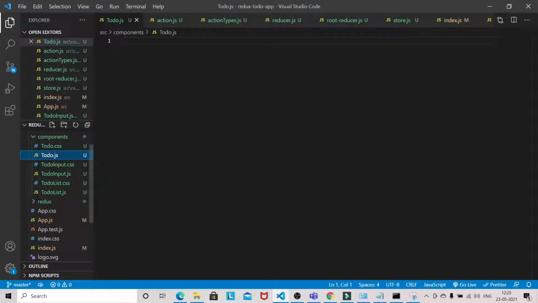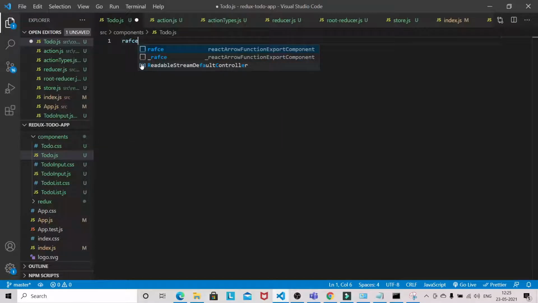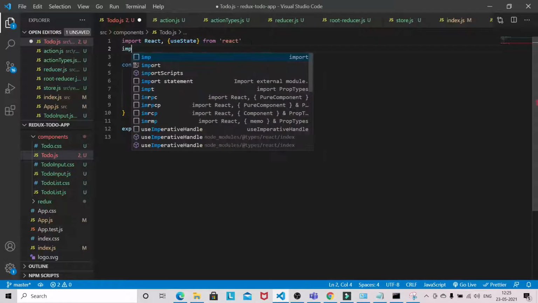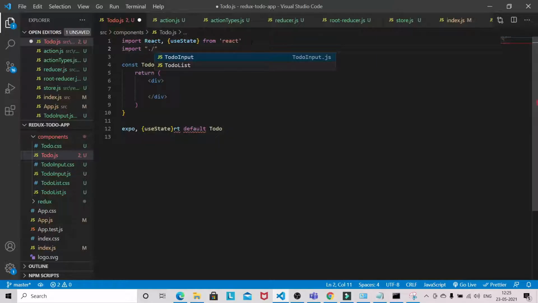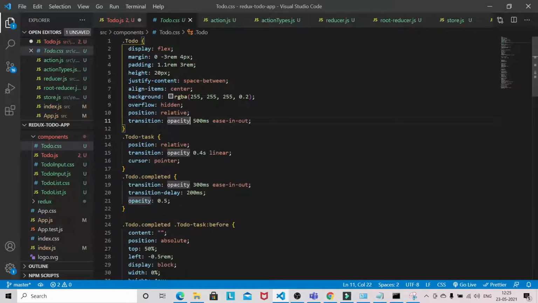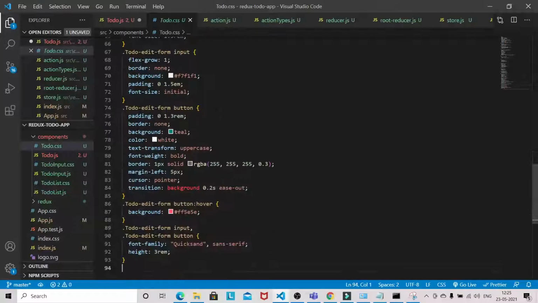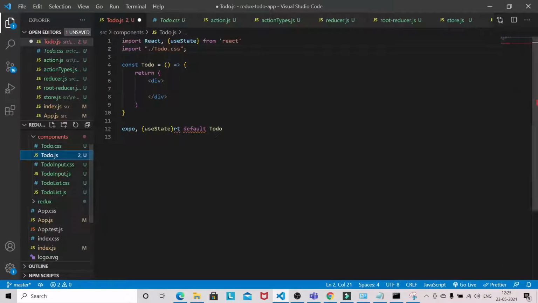To do. Okay, so let's use state, import the CSS file as well. So these are the CSS files for todo. Something wrong happened here.